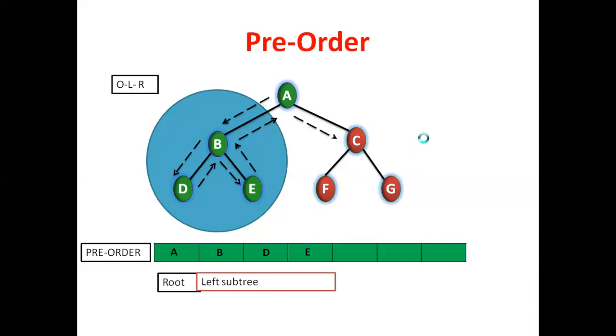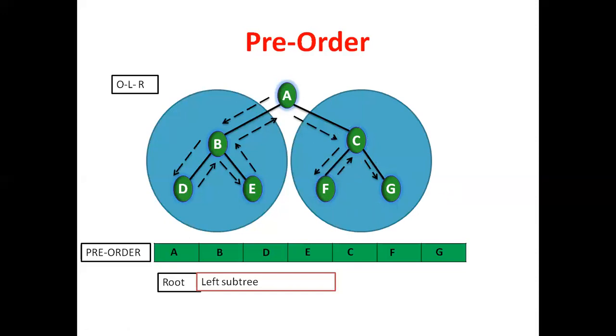So see here. Coming to the right subtree, C is the root node or not? Yes, C is the root node. So visit that root node first of all. Yes, print an output. Okay. So then after the left part, what is the left of C? F completed. OLR formula, O completed, that is C completed. Left part F, F completed. Print an output. Then after the right part, what is right of C? G completed, right? Right. Now all nodes are completed. See, right subtree also completed here.